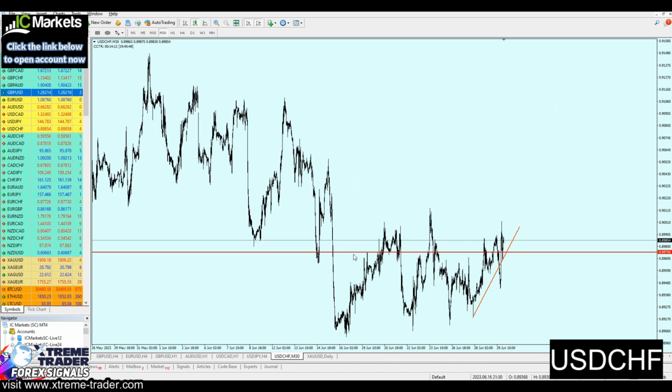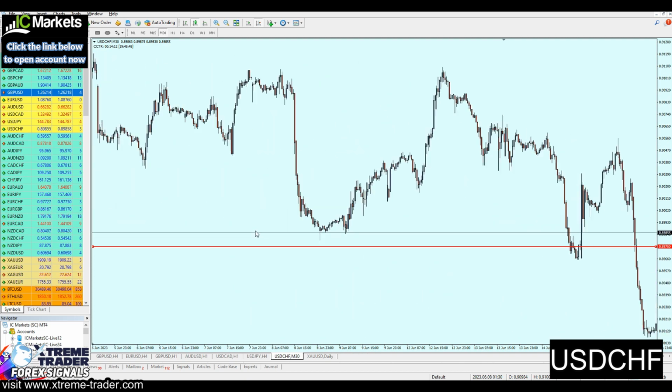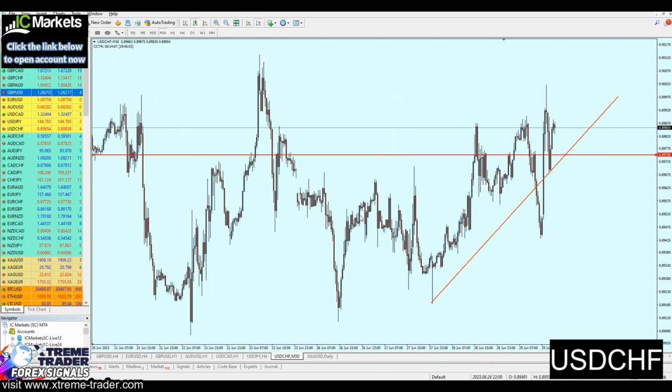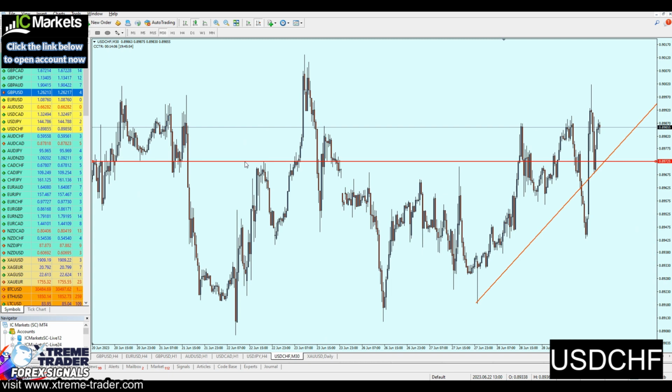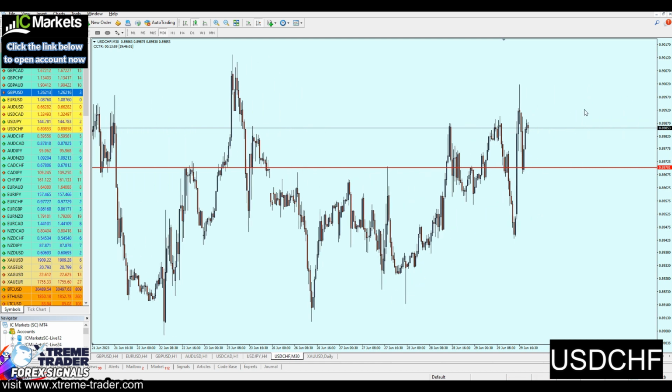Therefore, let me just choose my entry. Actually, let me just edit my entry, guys. I believe in this entry. I believe it's going to be a better entry, but I just cannot risk giving you a signal that will be triggered after just 10 pips. That's not my style. I always like to play it safe. So therefore, let's wait till the market reaches 15 pips, which is more convenient, till the market reaches the support at